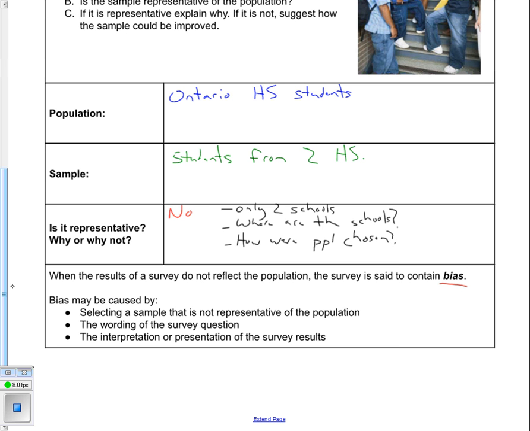Either the group being surveyed is not representative of the population, or the wording of the question in a survey could be misleading, or try to get the respondent to say a certain answer, or the person conducting the survey could misinterpret the information,